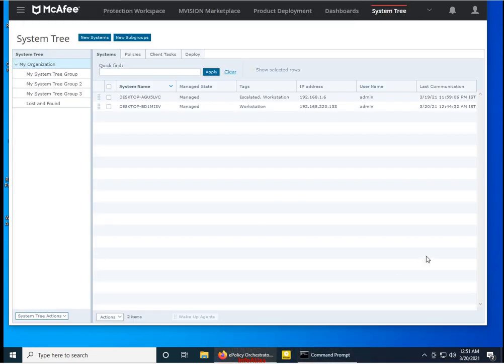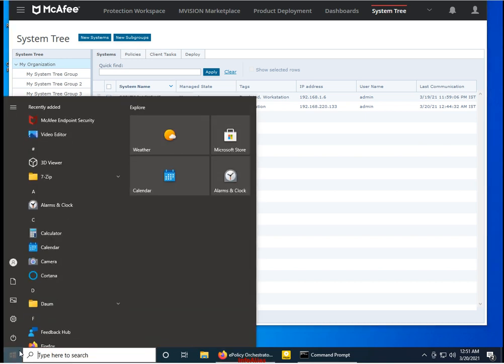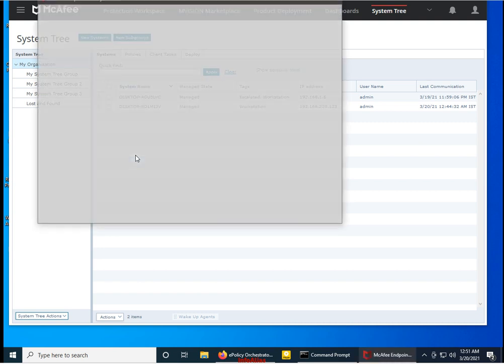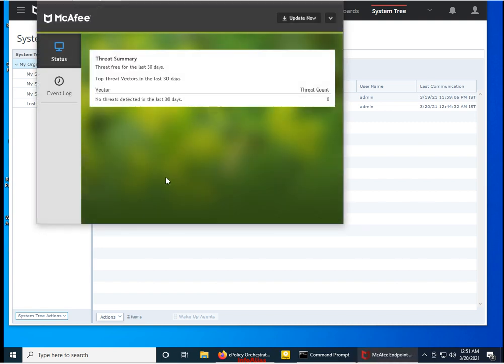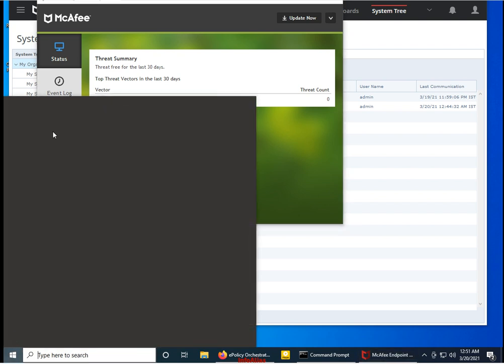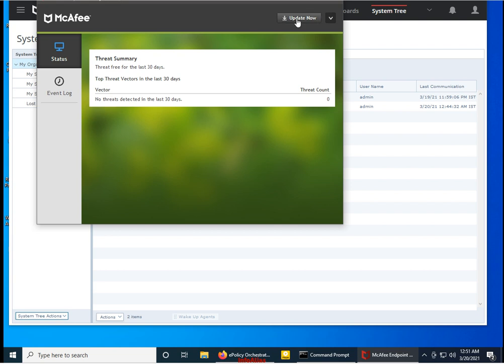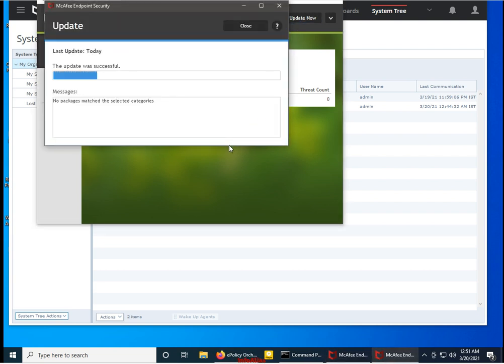So once we have verified the system for the endpoint product, we'll go to the start. I can see McAfee endpoint security tab is visible over here, and currently only endpoint security platform is available, and the rest of the products are deploying on the client machine one by one.